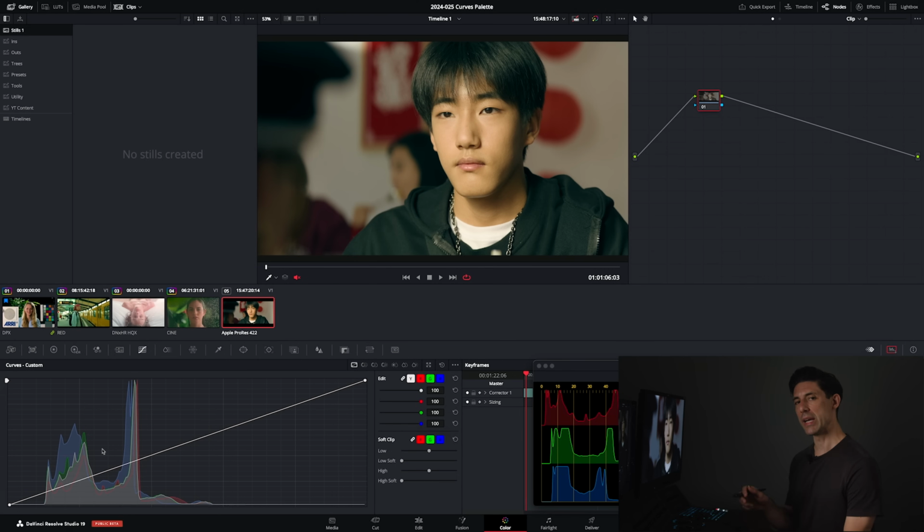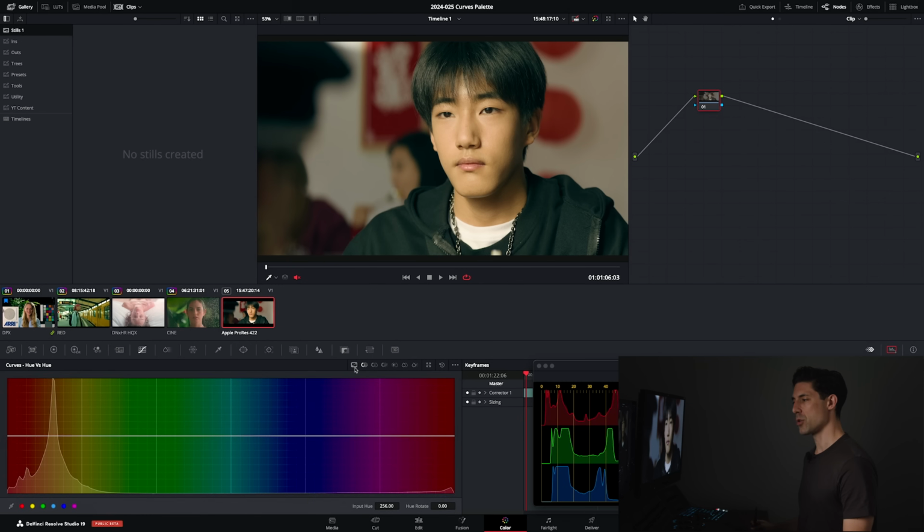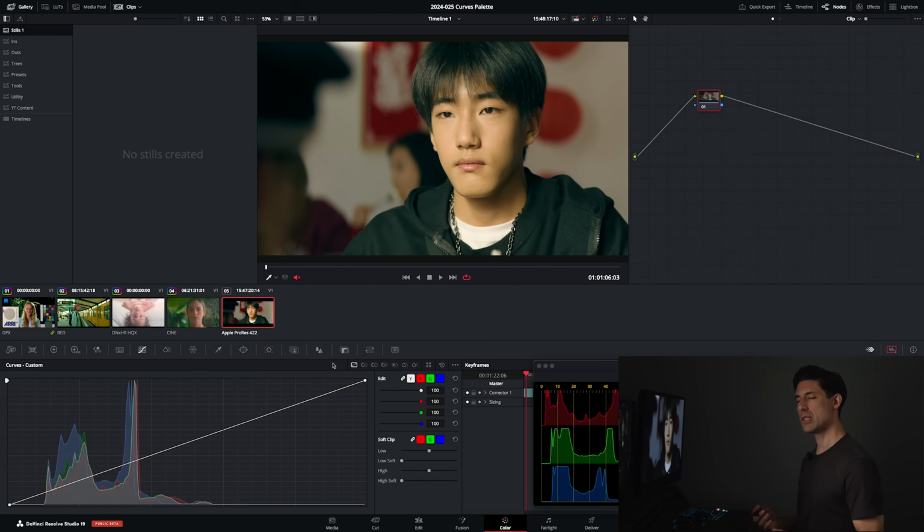Here's actually the biggest difference between the custom curves and all of these other tools. All of these other tools, as I mentioned earlier, I would consider to be secondaries, and that they are really designed, they really perform best when we are using them to make an adjustment to a specific area of our image, as opposed to all of our image. The custom curves, I don't see that same way. You can certainly affect only small portions of your custom curves without affecting the entire image, but that's not really